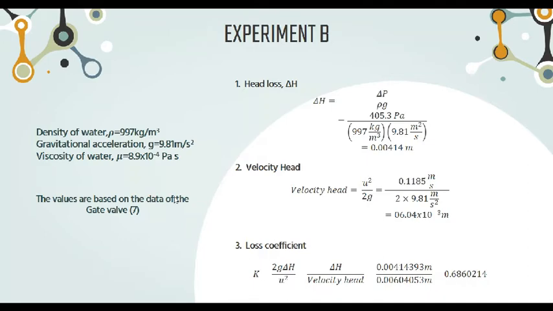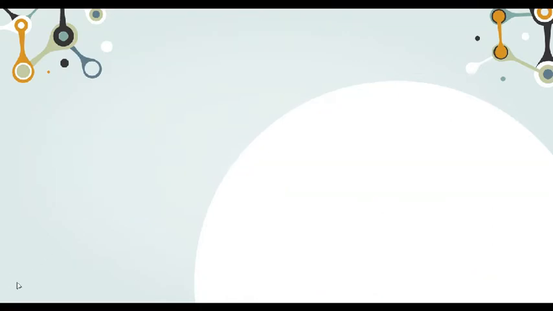In this example, the values are based on the data of the gate valve. The first thing we need to do is find the head loss, pressure drop over rho g, and then we find the velocity term U squared over 2g. As we know, in experiment B we want to find the K coefficient. The third thing we need to do is find K equal to 2g delta H over U squared. And for experiment C,